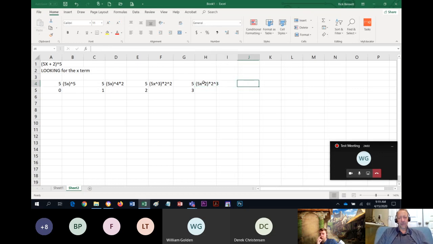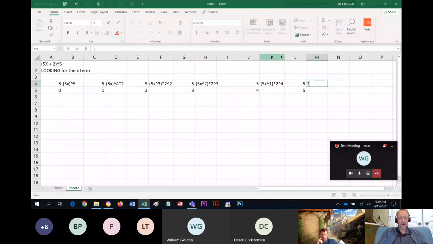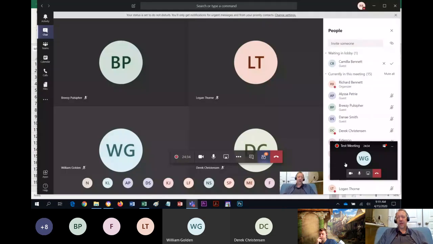And then we're going to be looking at 5, 4 and 5x to the first power times 2 to the 4th power, and then 5, 5. That needs to be bigger too. And 5x to the 0 power, 2 to the 5th power. Okay. So as we're looking at this,